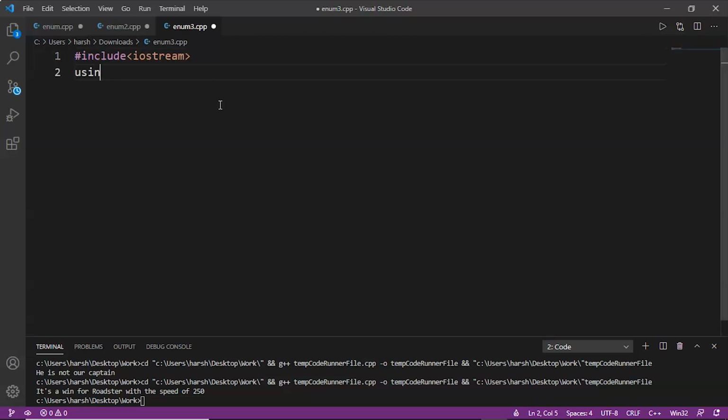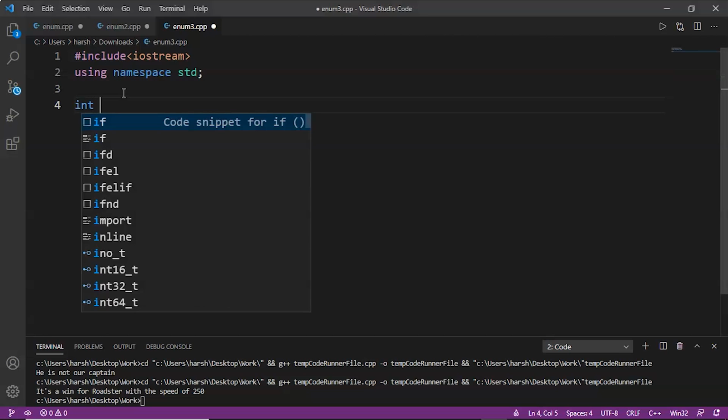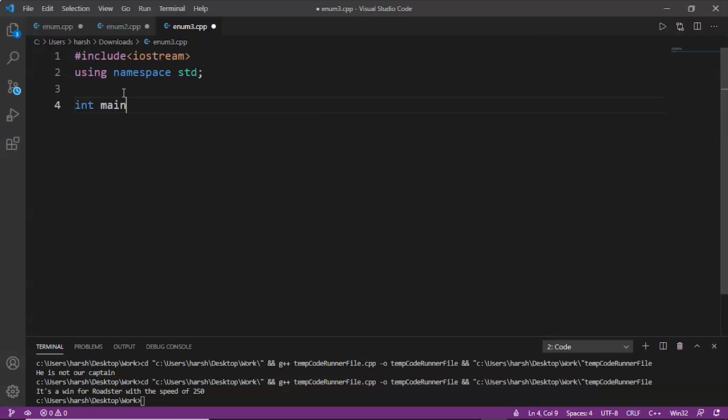Now namespace standard. Now in this example we will see how to use switch statement with the enumeration. Okay, so first of all, inside int main we will write